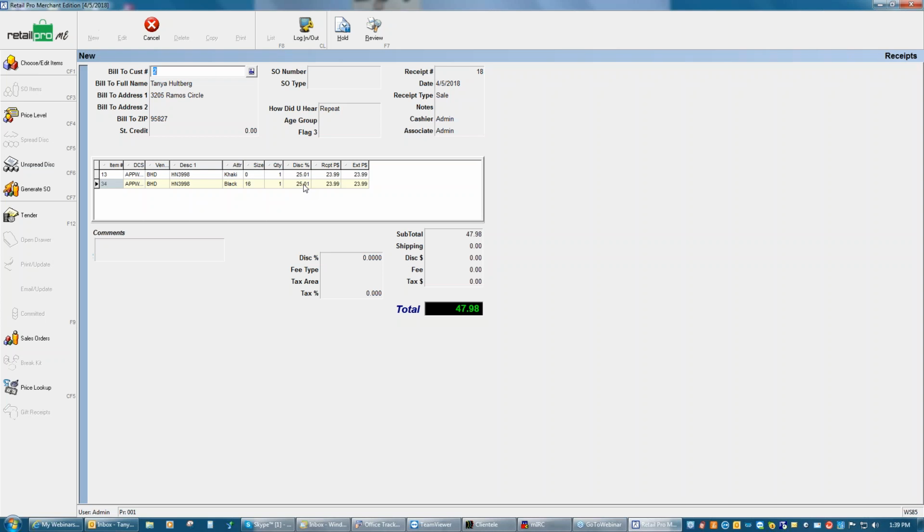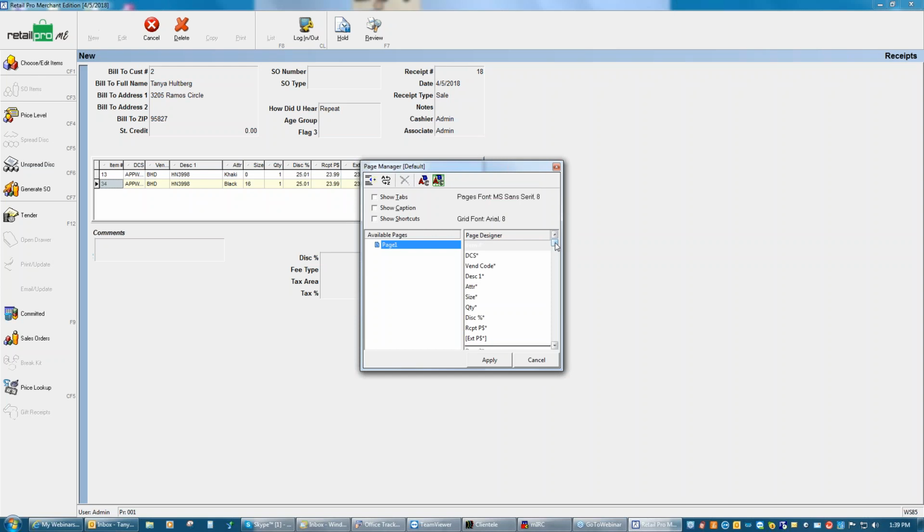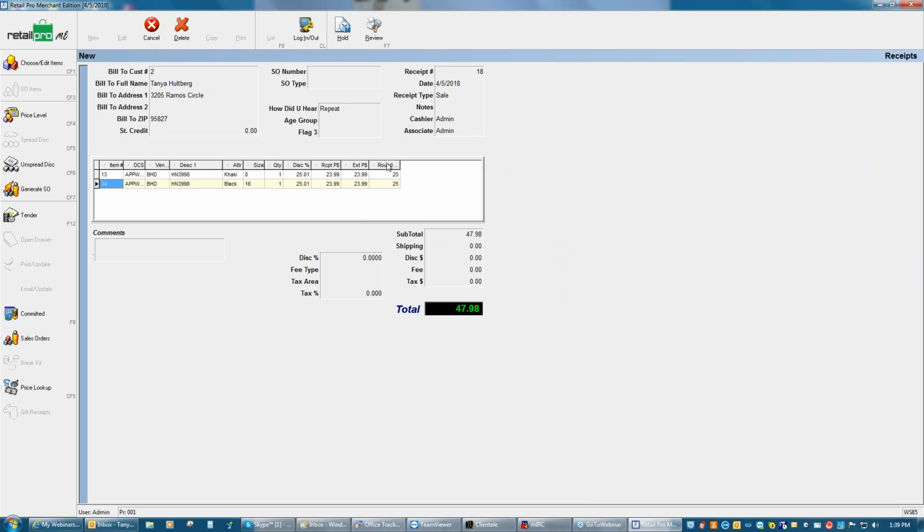Typically speaking, we do not show that to the customer. Most typically what they're going to see on their receipt is, let me find the field I want. I've gotten kind of used to version 9 where these are all in alphabetical order, so I have to slowly go through them instead. Okay. There we go. So what the customer sees on their printed receipt is what we call a rounded discount